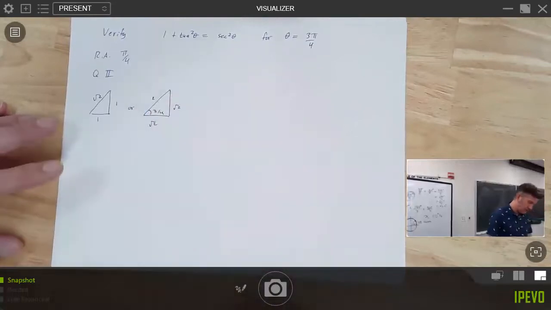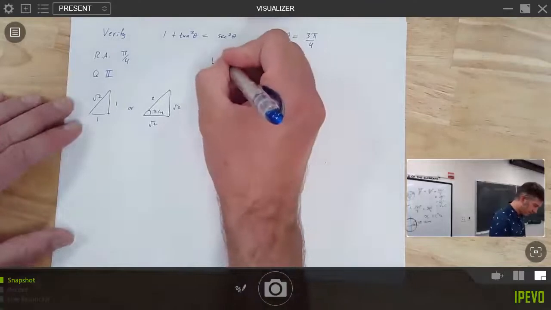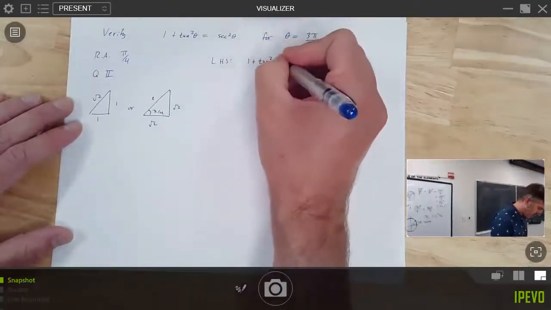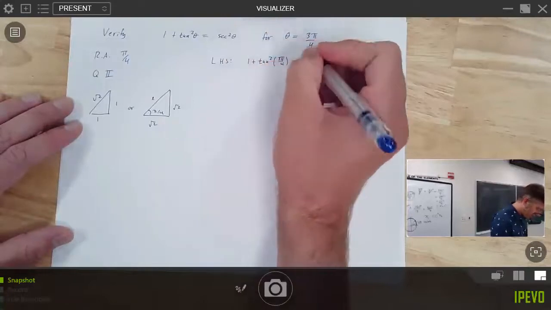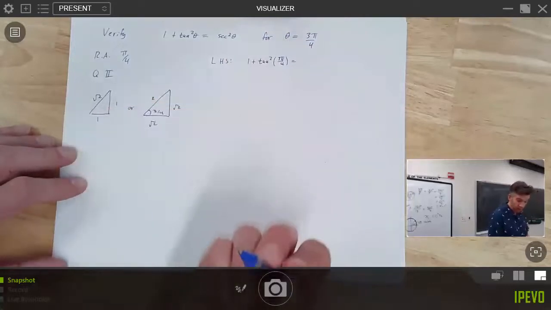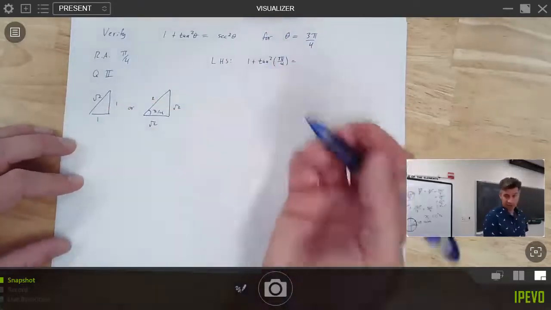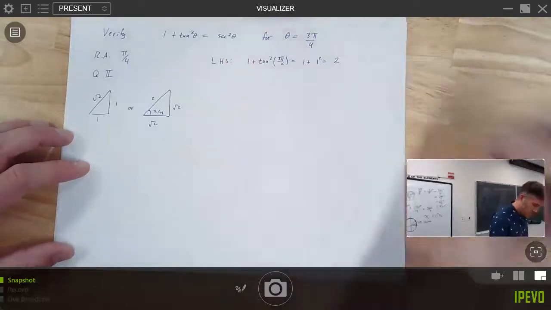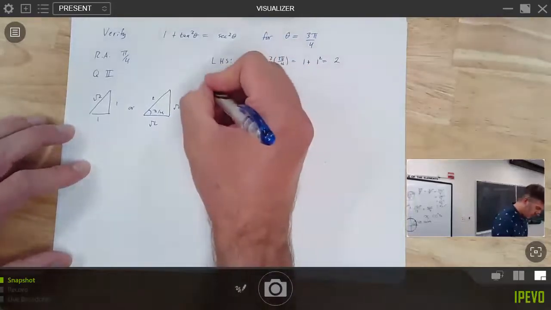Okay, so let's do the left-hand side. 1 plus tangent squared of 3 pi over 4. Tangent of pi over 4 would be root 2 over 2 over root 2 over 2, or 1 over 1, which is 1. Tangent 1 squared is still 1, so you get 1 plus 1 squared, which is 2. The right-hand side,